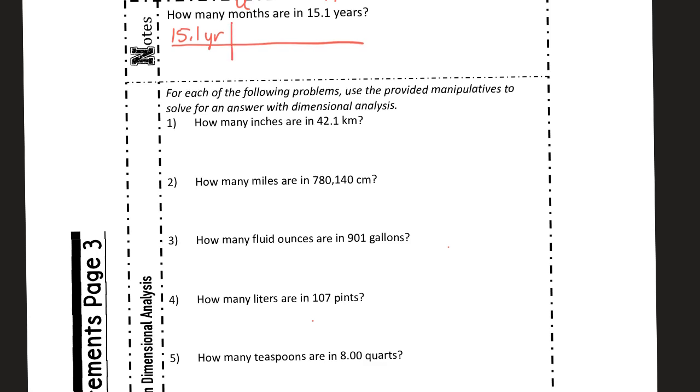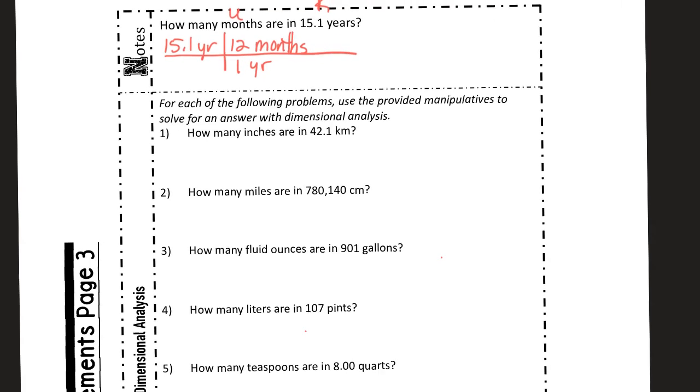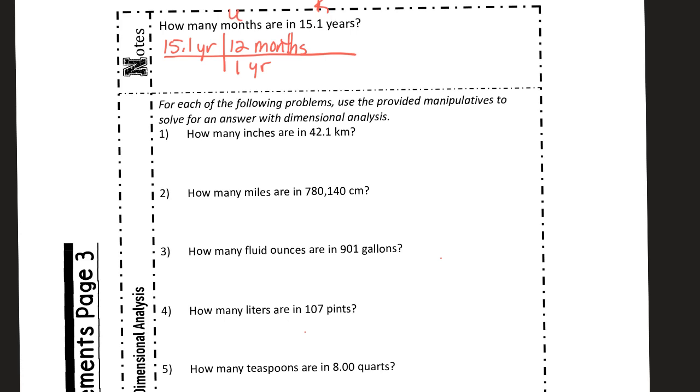If I have years on the top, I need year on the bottom. 1 year is equal to 12 months. And I'm done, I'm at the unknown, so I'm ready for the calculator. The answer you get is